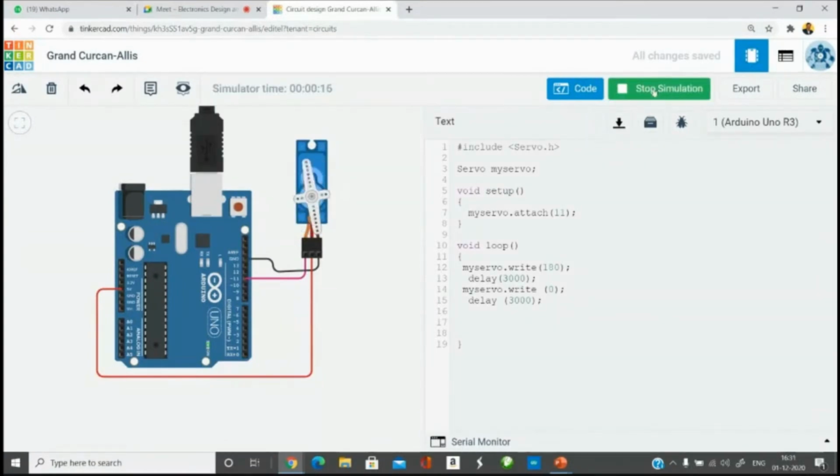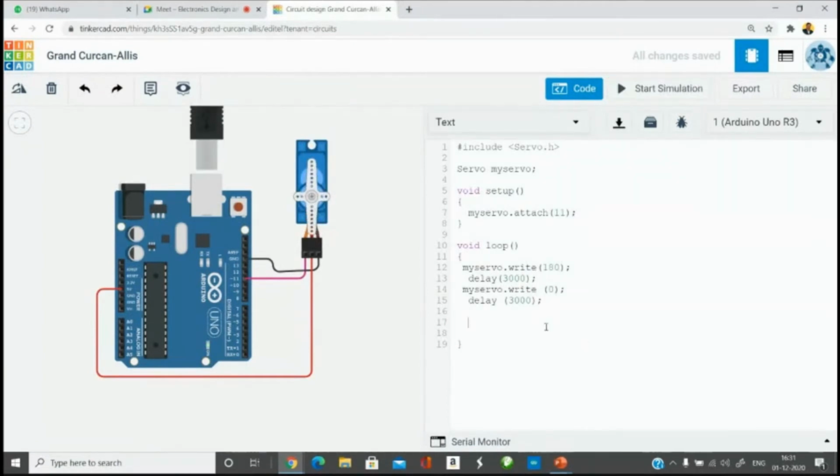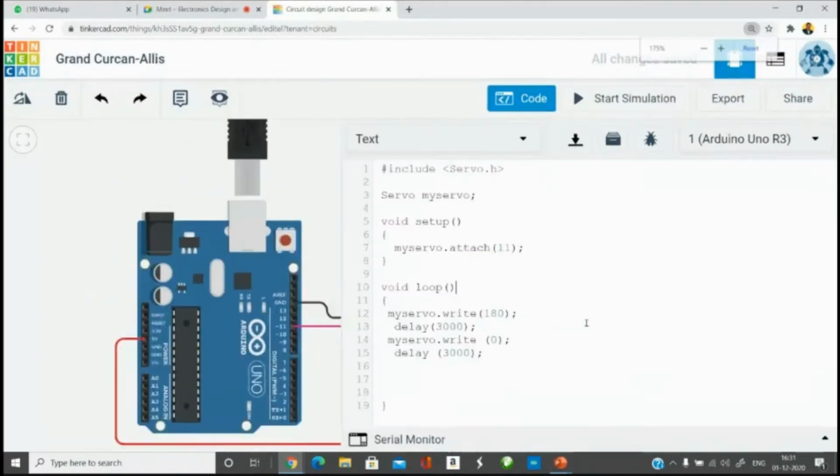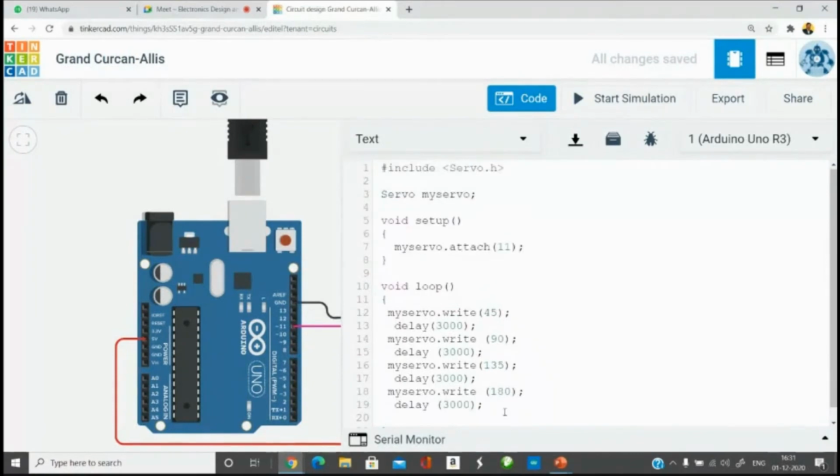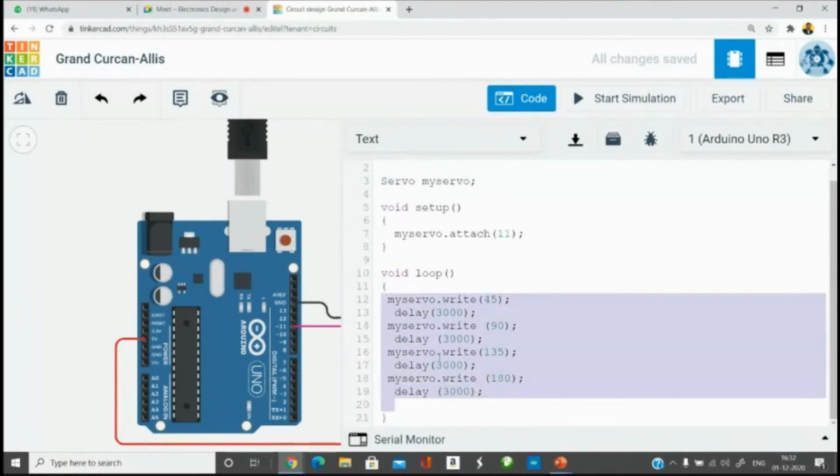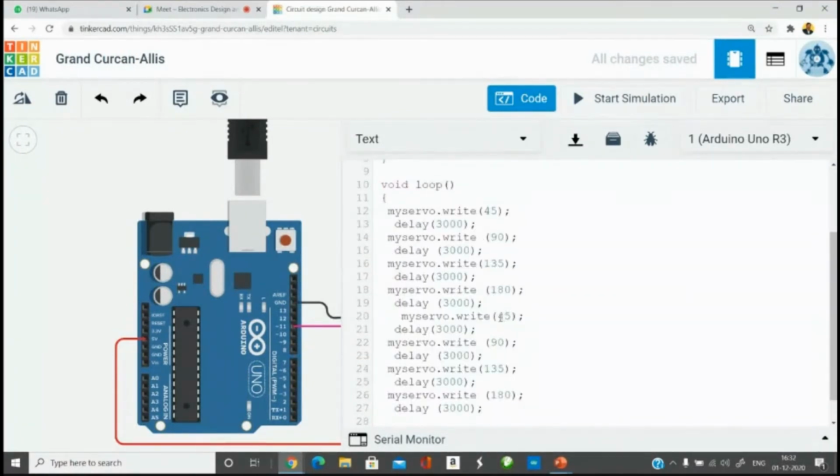Right. So this is not giving you a better understanding. So what I do here, I change this to 45 degrees, and then this one to 90 degrees. Then this is 135. This is 180. After reaching this, let it come back again from 180 to 135, from 135 to 90, from 90 to 45, from 45 to 0.